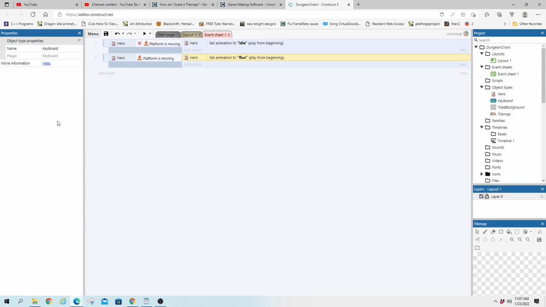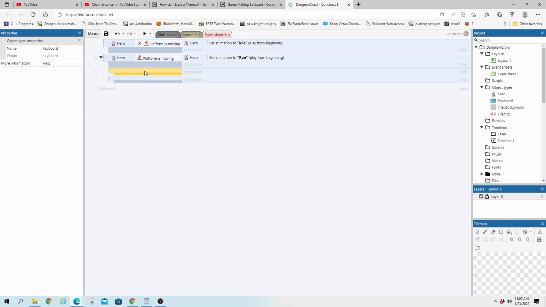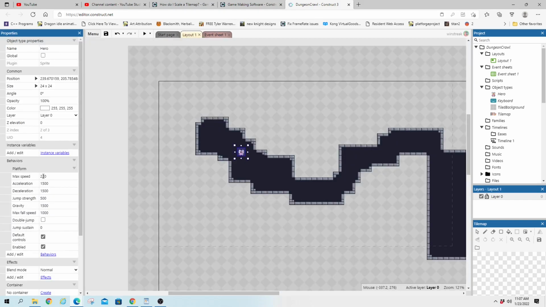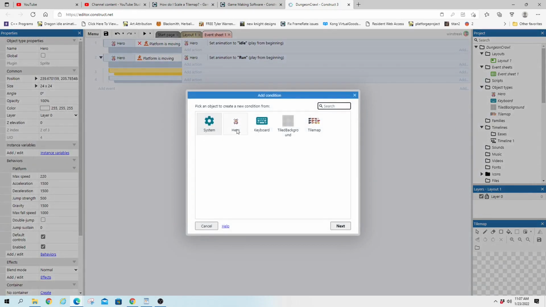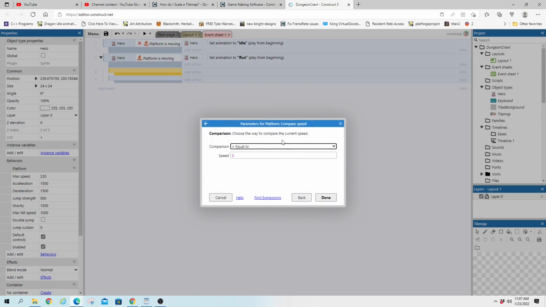And we can also do a little something extra. So I'll add a blank sub event here 2 times. And we're going to be looking at his max speed, or actually his current speed. And we want to change how fast his animation goes if it goes over a certain amount. So for the first one, we can compare speed, and if it is less than or equal to 200,